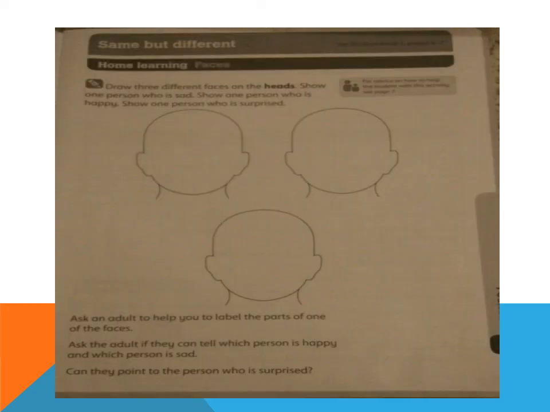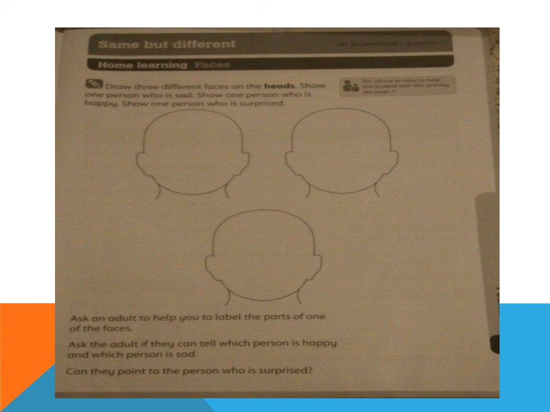Okay class, now open your workbook page number 11. Write today's classwork, date and day on page number 11. Open page number 11 and write C.W, today's date and day. Yes class, do this page with me. Okay, so what do we have on this page?